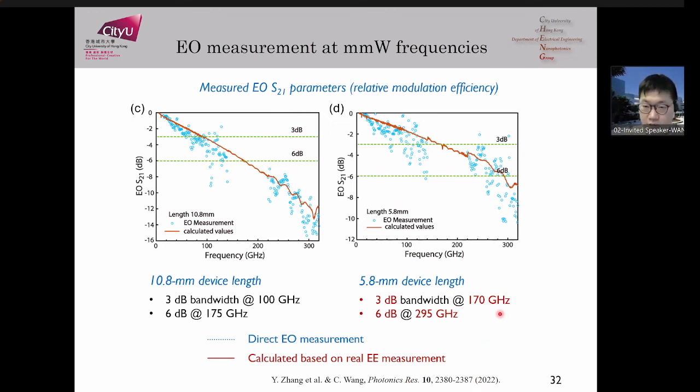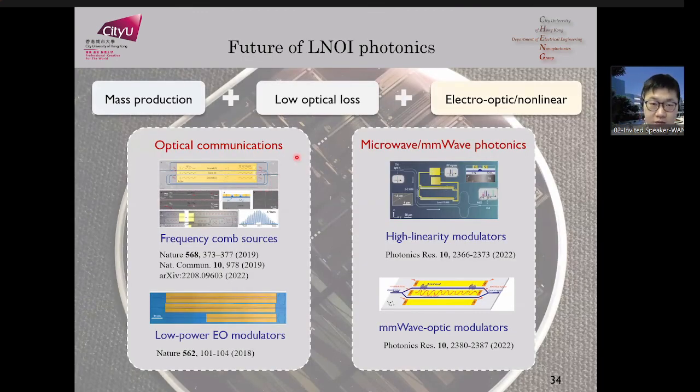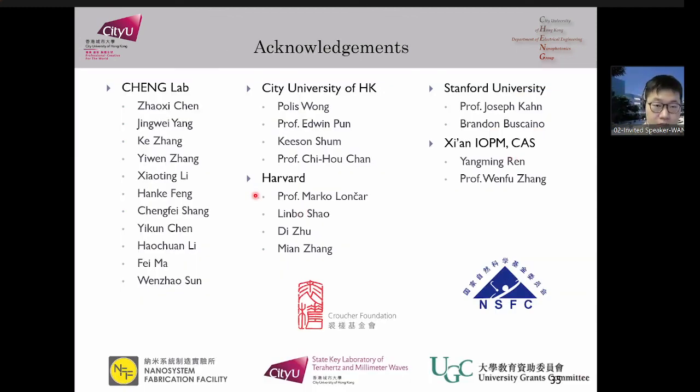Okay, because of time, I will not talk too much about it, but you can find more details in our recent publication. To briefly summarize, we are looking at a platform with three really nice things: a combination of mass, wafer-scale fabrication, very low optical loss, and very unique electro-optic and nonlinear properties, right? I've shown you a few different devices: comb sources, modulators for optical communications, and the high linearity modulators and 300 gigahertz modulators for microwave and millimeter wave applications. Okay, so the linear modulators is